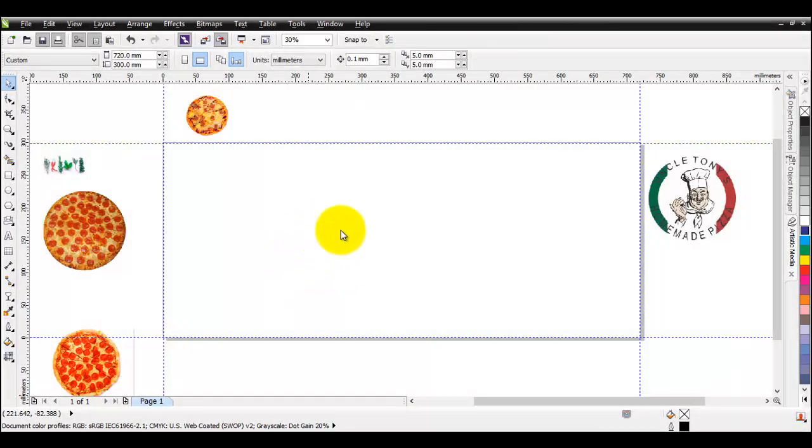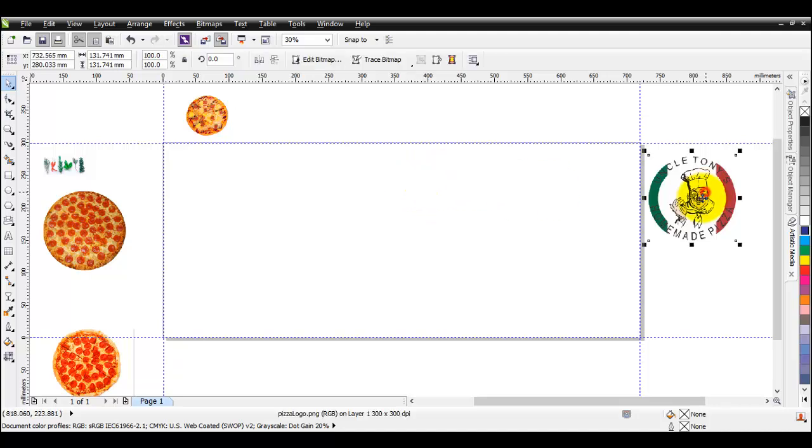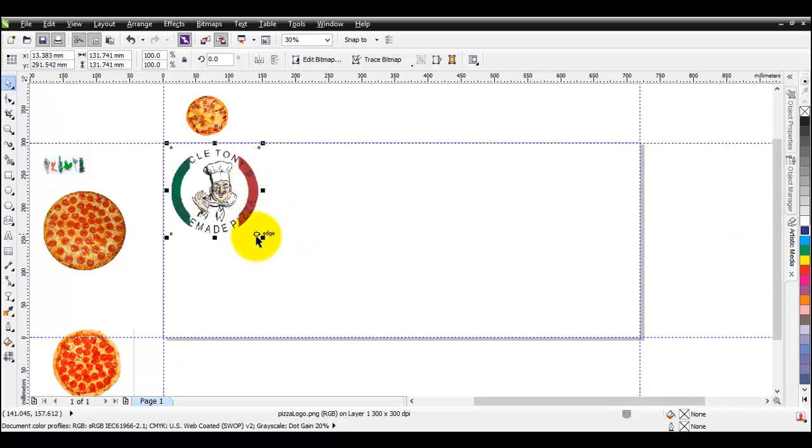Alright, so I went ahead and I inserted or imported some of the photos and pictures that I'm going to be using. Of course there's the logo, Uncle Tony's Homemade Pizzas, and a couple of photos of pizza and some herbs here, because we use herbs to create pizzas. Now what I would like to do is actually keep the white background, therefore all the information will pop out straight to the viewer. And like I said, the most important thing here is to quickly have just one glance and know that we're talking about some homemade pizzas that are actually made and delivered by Uncle Tony's. Now I will resize my